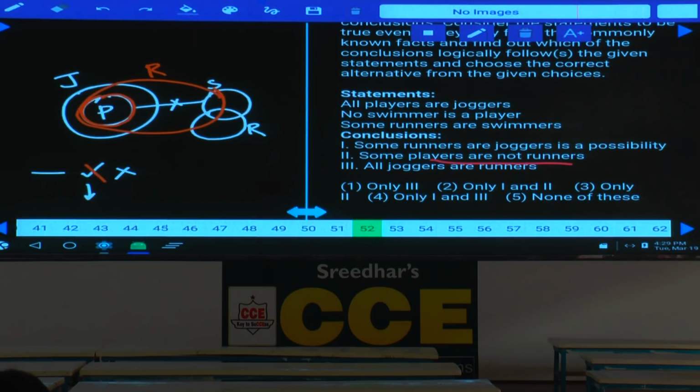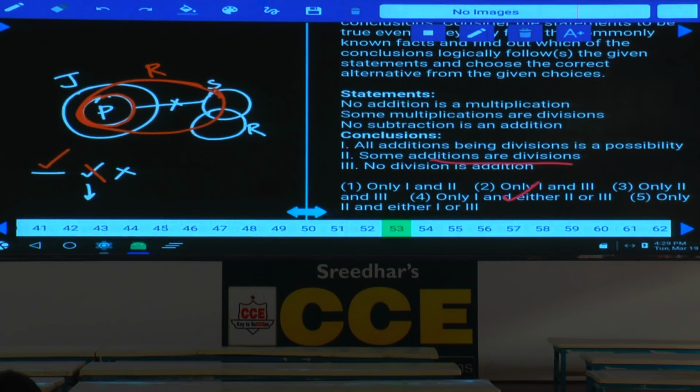Then coming to the first one, some runners or joggers is a possibility. Is some runners or joggers possible or not? Yes. Now in this diagram only I can prove some runners or joggers is possible. Then what is your answer? Only one, that is the choice. Alternate diagram proven, previous negative conclusion will be false. Then question number 53. Now in this 53,